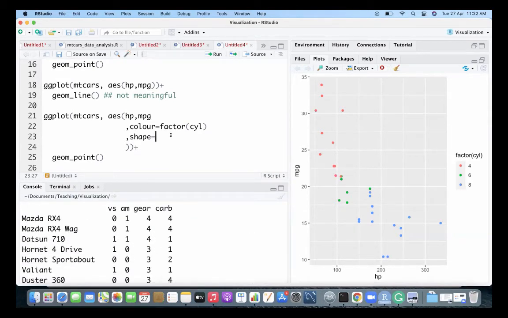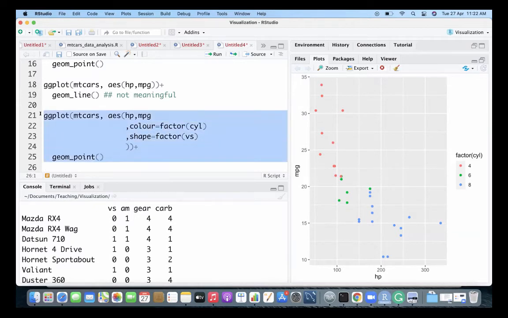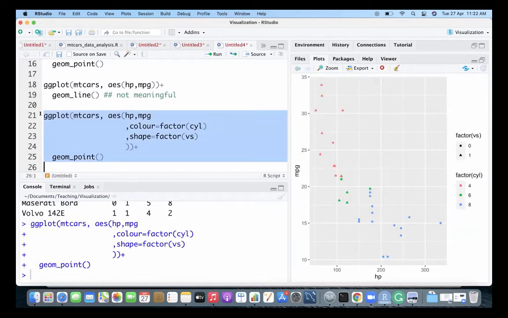Maybe V-shape, factor of V-shape or not. If it is V-shape, then it will be a triangle. If it is not a V-shape engine, then it will be a small dot. So now you can see my plot actually has 4 variables. I'm trying to represent 4 variables with this plot.